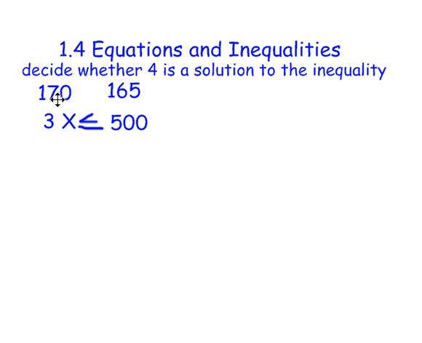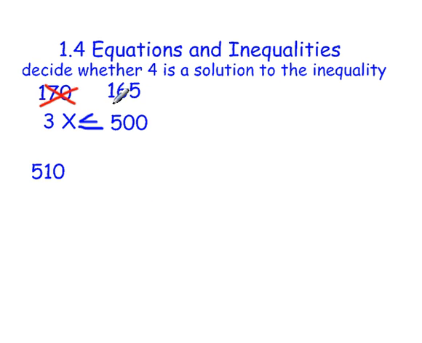You're going to feed this cat 170 calories 3 times a day. So we start out by doing 3 times 170. And 3 times 170 is 510. So we plug 510 into the equation. Is 510 less than or equal to 500? And the answer is no, it's not. And so we know right away that it is not 170. So we can try the second one, which is